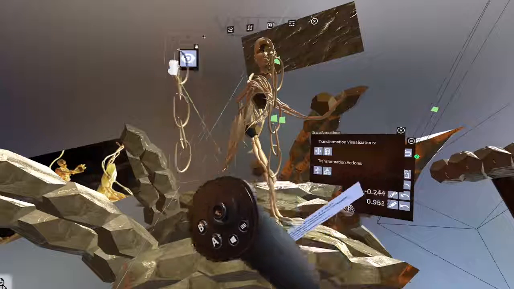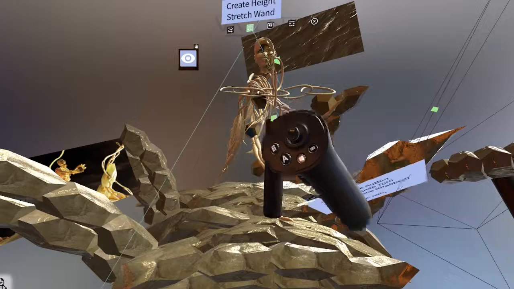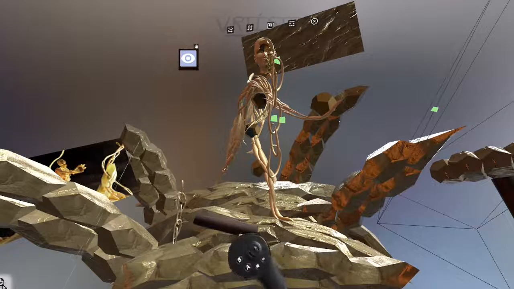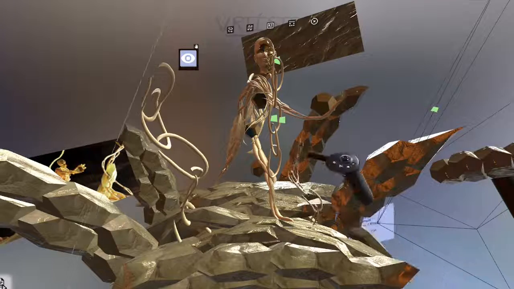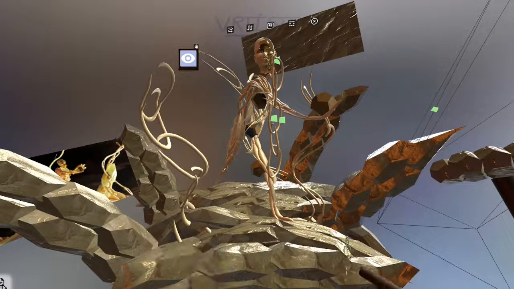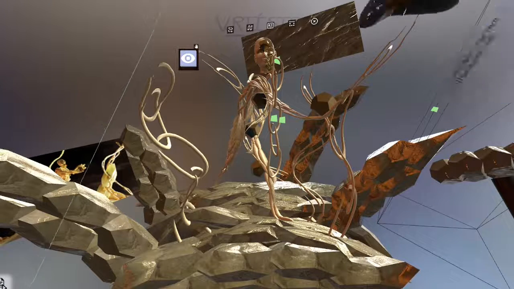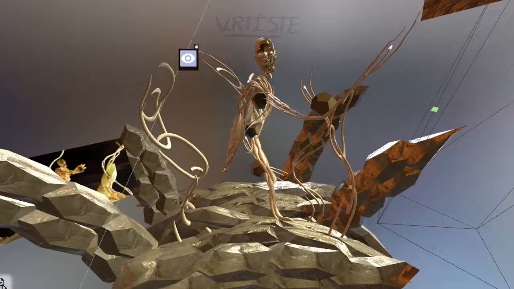And close the old one. And create height stretch wand. And then just have these kind of wiggling up out of the ground like that. Cool. Get rid of the old part here.